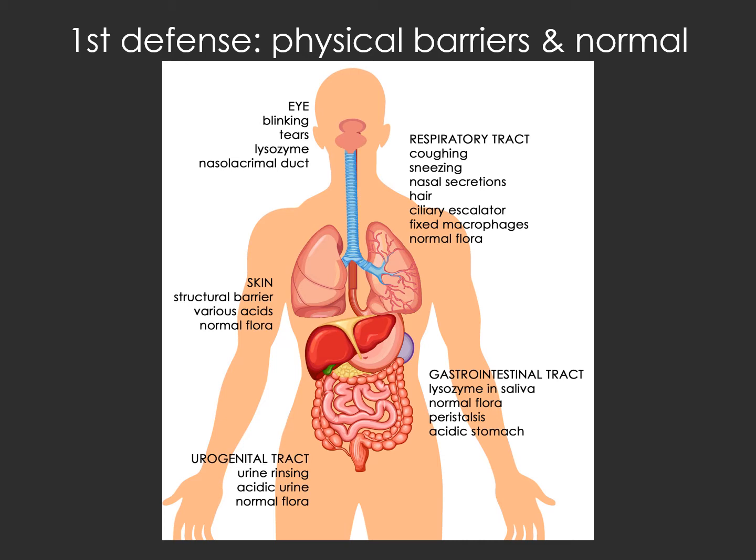In addition to that, we have something called fixed macrophages, which we haven't discussed at all to this point, but macrophages are a type of phagocytic cell that we mentioned earlier. And in parts of the body where interaction with pathogens is very likely, you'll typically find macrophages stationed in that area, sort of as a sentry for the immune system. And we have lots of fixed macrophages in the respiratory tract, in the lungs,